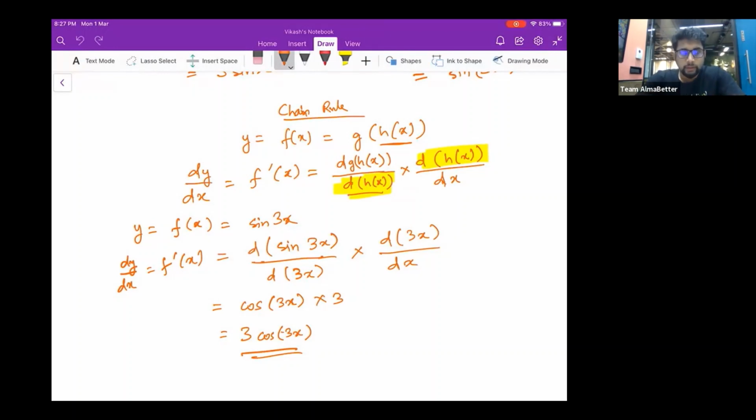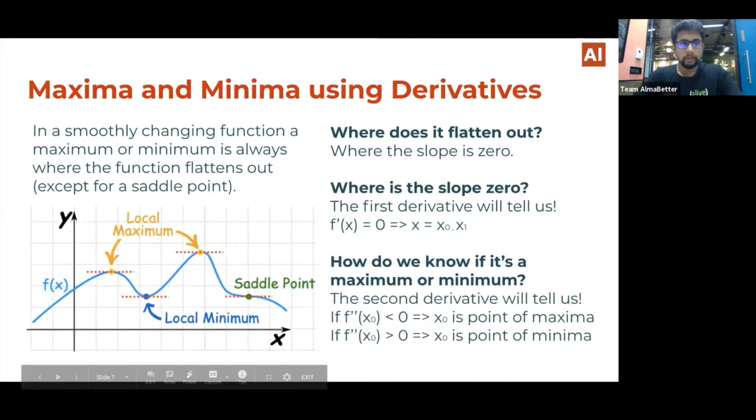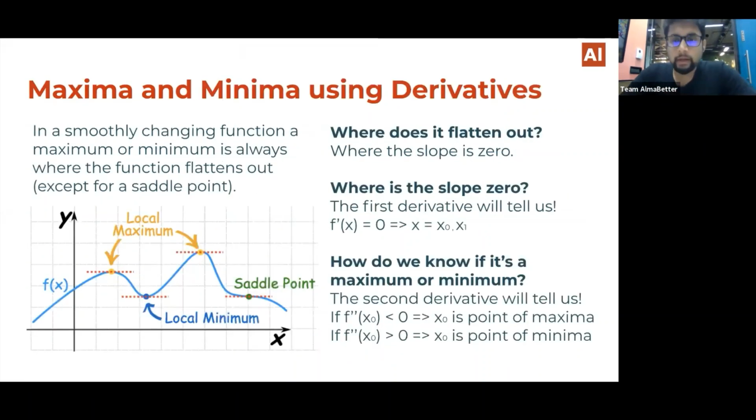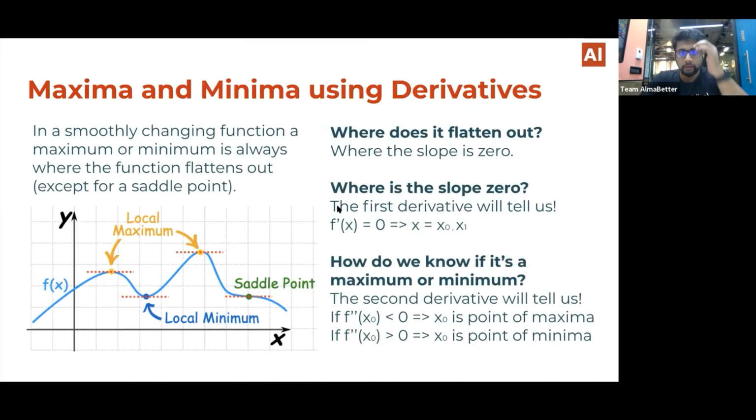So let's move to the next topic, which is minima and maxima. In minima and maxima, how do you find the minima and maxima of different functions? So this is the problem that you will see. Let's say this is a function f(x)